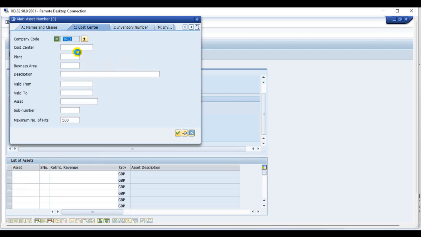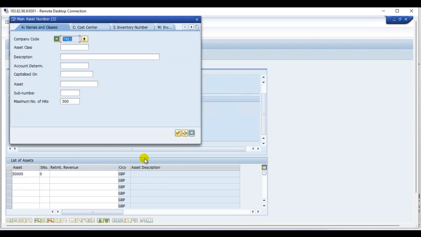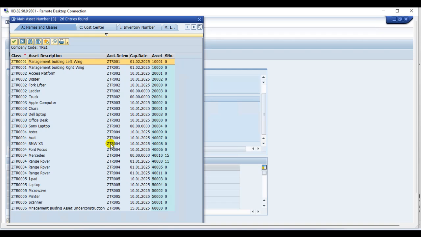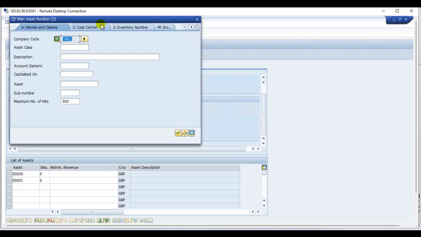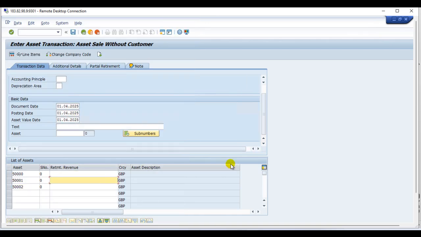Firstly, we will take the printer, retirement revenue, next we will select scanner, next we will select microwave, okay fine, we'll enter the 60, 25,